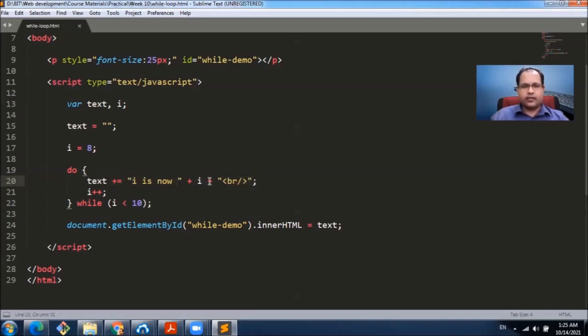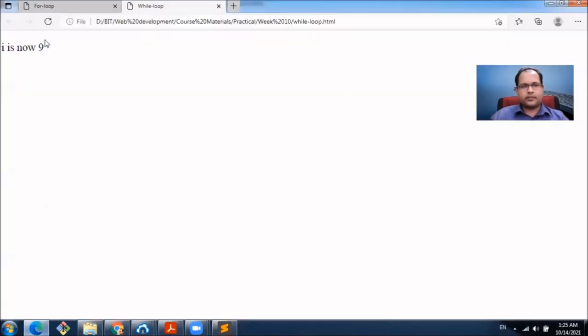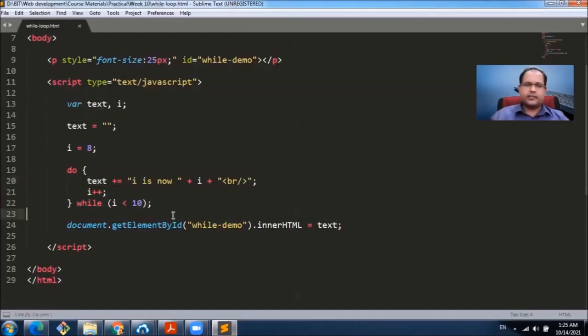So I is now 8 and gets populated to this text. And then when I is 9 also, it will happen. That's it. Let's try that out and see. Right, 8, 9 both get concatenated to the text. So this is how we use the do while loop.